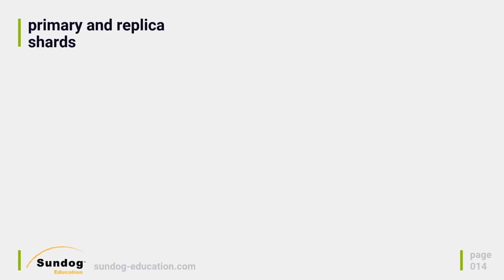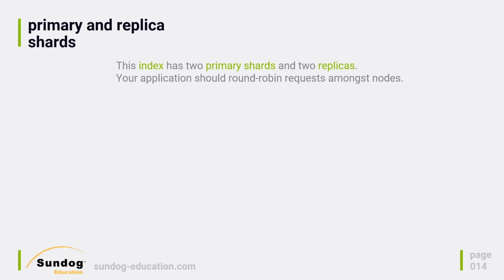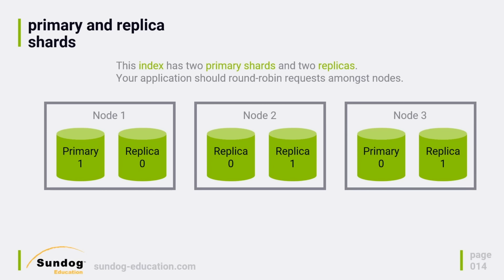Let's talk about the concept of primary and replica shards. This is how Elasticsearch maintains resiliency to failure. One of the big problems that you have when you have a cluster of computers is that those computers can fail sometimes. You need to deal with that. So let's look at this example. We have an index that has 2 primary shards and 2 replicas. So in this example, we're going to have 3 nodes, and a node is basically an installation of Elasticsearch. Usually, you'll see 1 node installed per physical server in your cluster. You can actually do more than one if you want to, but that would be a little bit unusual to do. But the design is such that if any given node in your cluster goes down, you won't even see it as an end user. You can handle that failure.